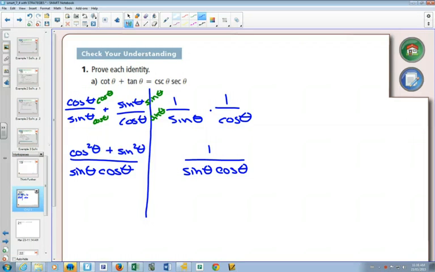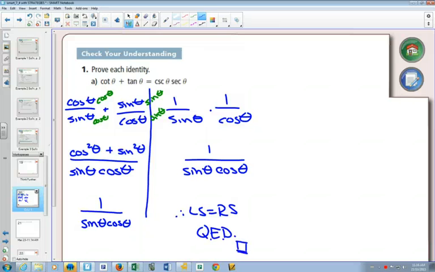And then we recognize we have a squared, so we look at our Pythagorean identities, and of course cos squared plus sine squared is equal to 1. So we are done. The left side is equal to the right side. Awesome. So there's part A. For part B,